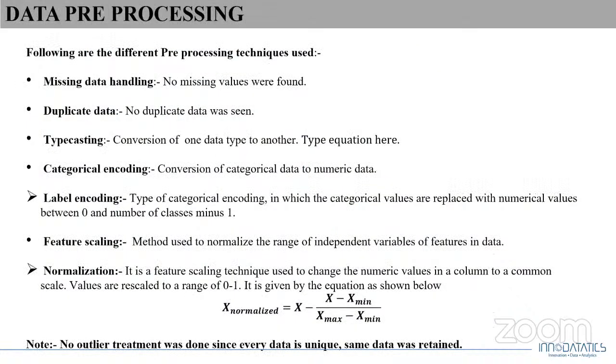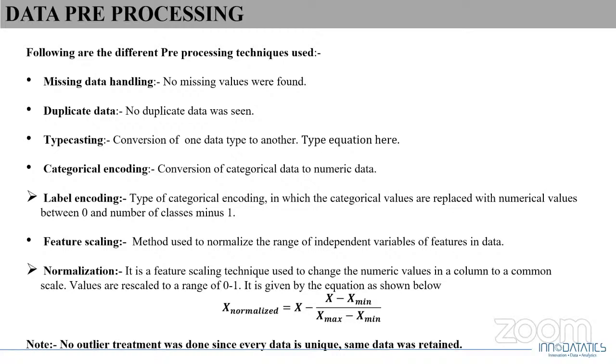Data preprocessing. Data preprocessing is the concept of changing raw data into clean data set. The data set is preprocessed in order to check the missing values, noisy data, and the other inconsistencies before executing the ML algorithm. And the following techniques are used in this. Data is balanced with 36 value count of each output variable. And as I said earlier, there is no missing data and duplicate values.